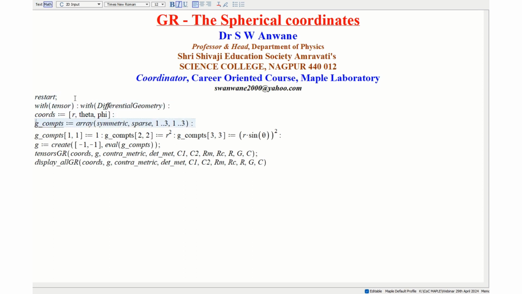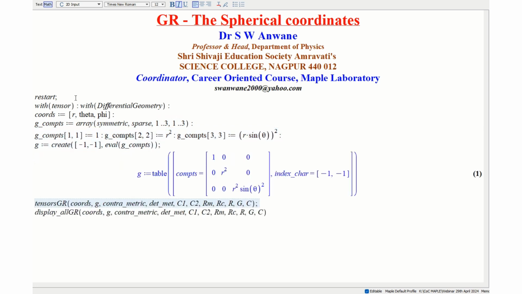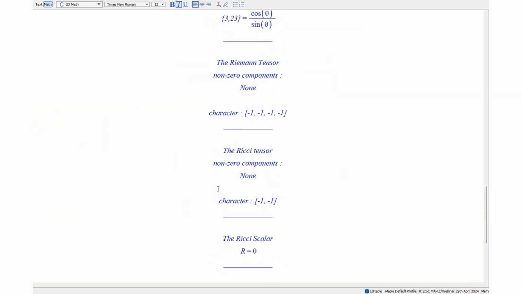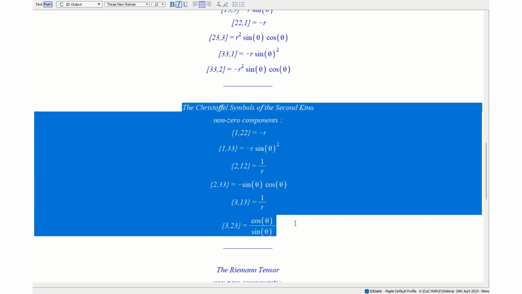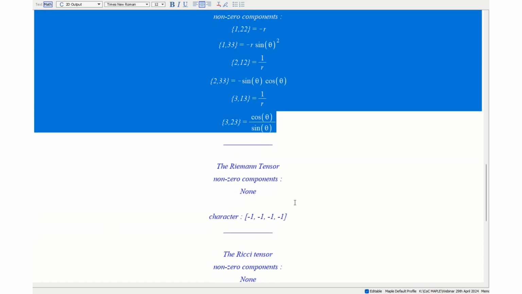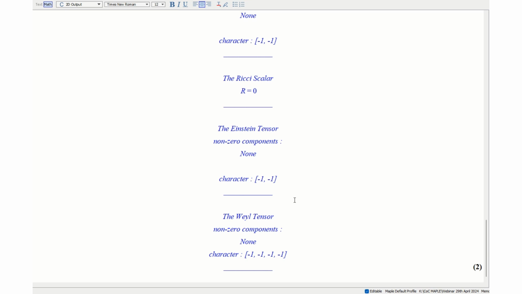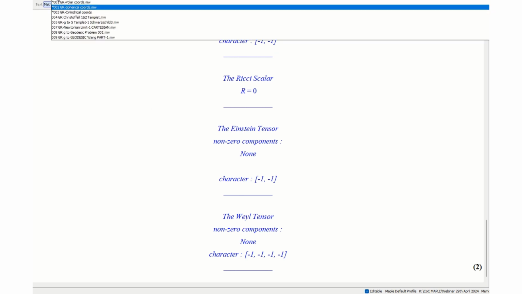I am just running the commands, and the sparse matrix will have the non-zero diagonal elements 1, r squared, r squared sine squared theta, and for this we are making the calculation of all parameters that include the Christoffel symbol of second kind. Here we have done this in the PowerPoint presentation, and this is how you can calculate the things. Now the next is